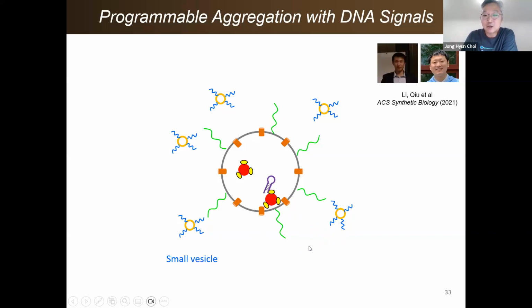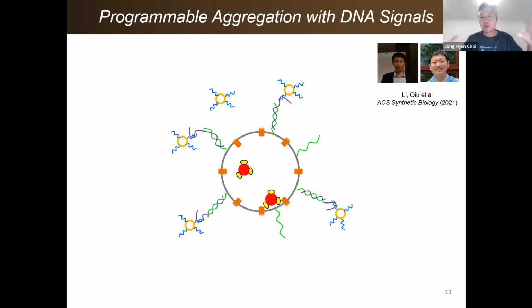But if it enters the large vesicles, it may be digested by this XO3, and then it can go out and has two domains. One domain binds with this green DNA on the giant vesicles. The other domain binds with blue on these small vesicles, such that